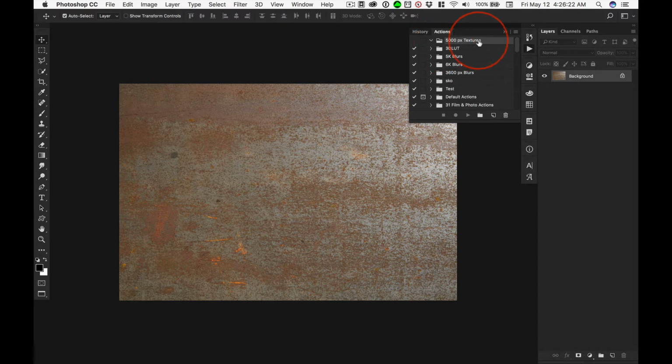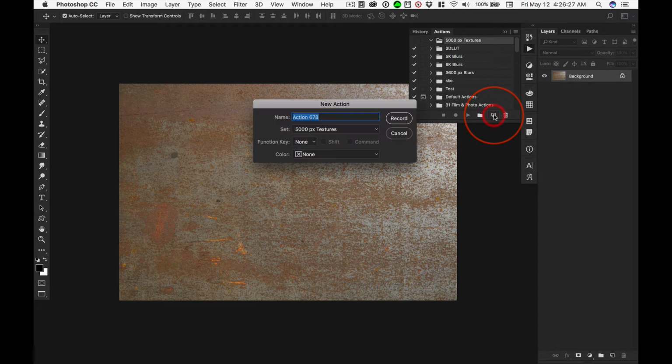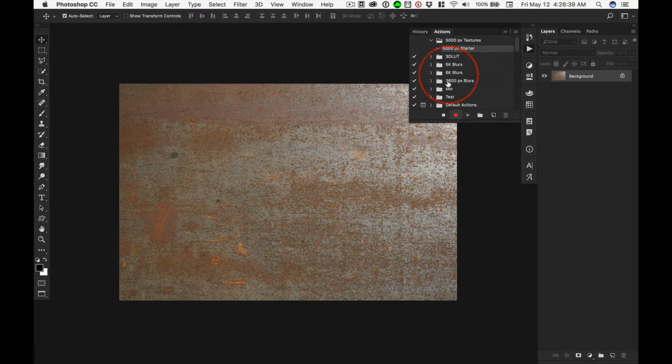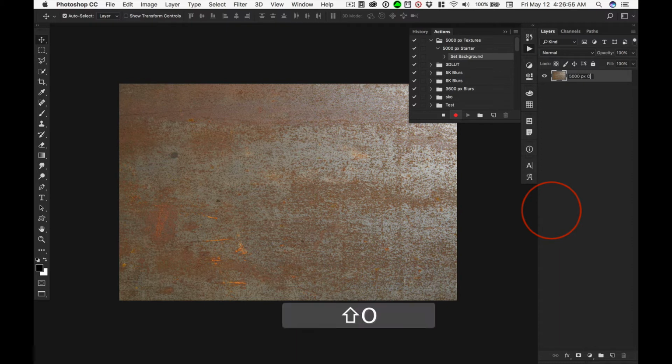So we have our action set, our folder named. Go ahead and click on the new action and name it something clever like 5000 px starter, because what this is in actuality is a starter file from which we'll generate textures. And now we're recording. So the steps I'd like you to do is we need to unlock the background layer. We're going to rename the background layer 5000 pixel original,